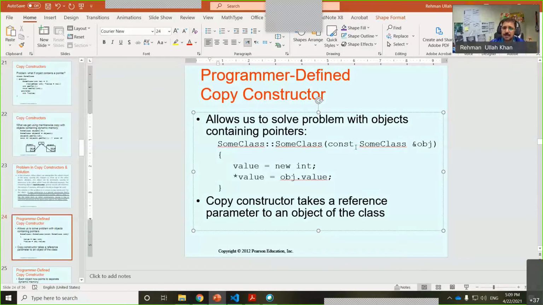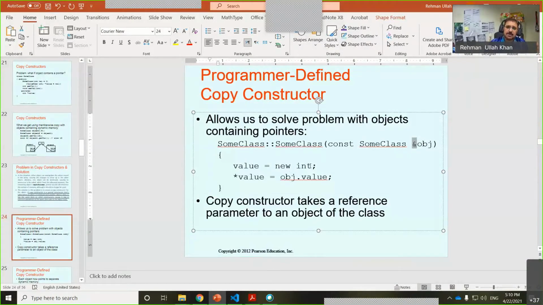When you want to handle pointers, you must define a copy constructor which has an argument that is a reference to an object of the same class. It cannot be a normal object, it must be a reference.